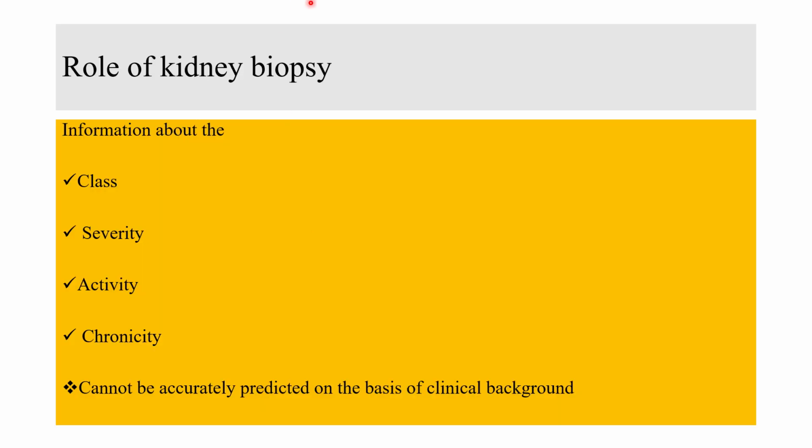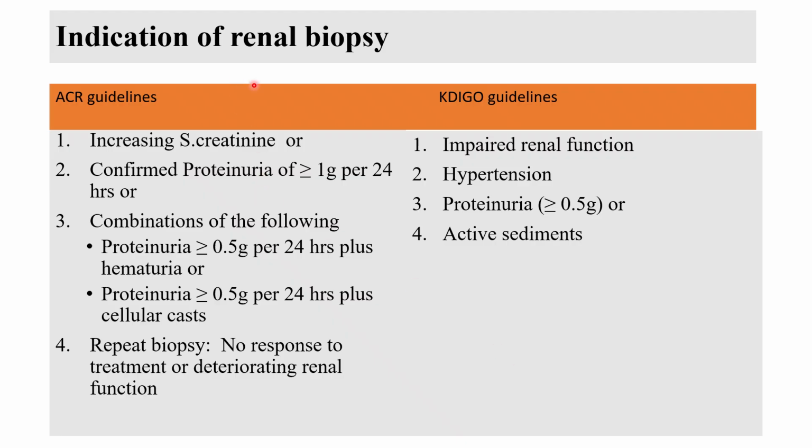So what is the role of kidney biopsy in lupus nephritis? Kidney biopsy gives information about the class, severity, activity, and chronicity, which can't be accurately predicted on the basis of clinical background. What are the indications of renal biopsy? There are ACR guidelines and there are KDIGO guidelines. According to the ACR guidelines, if there is increasing serum creatinine or confirmed proteinuria more than or equal to 1 gram per 24 hours,